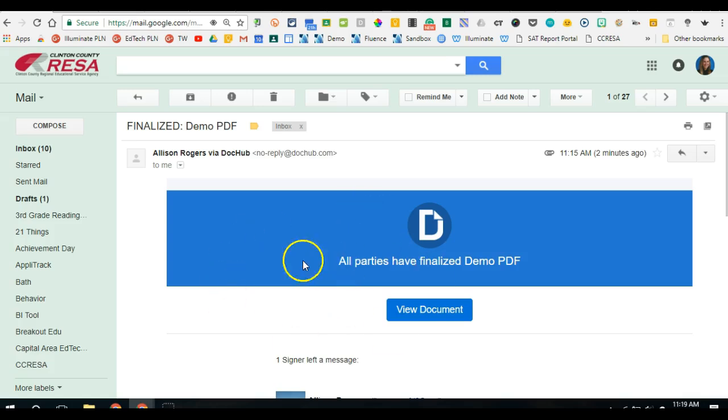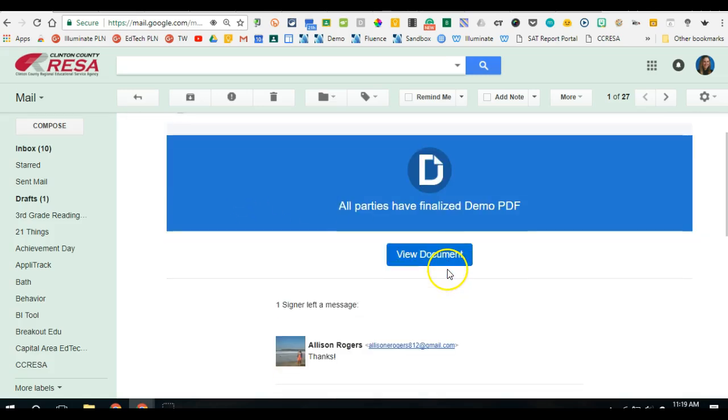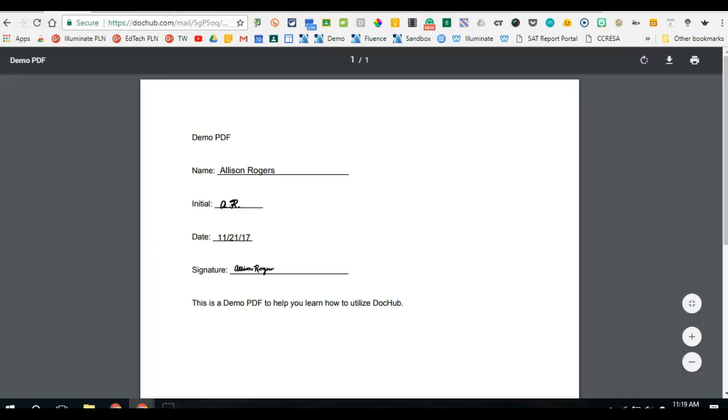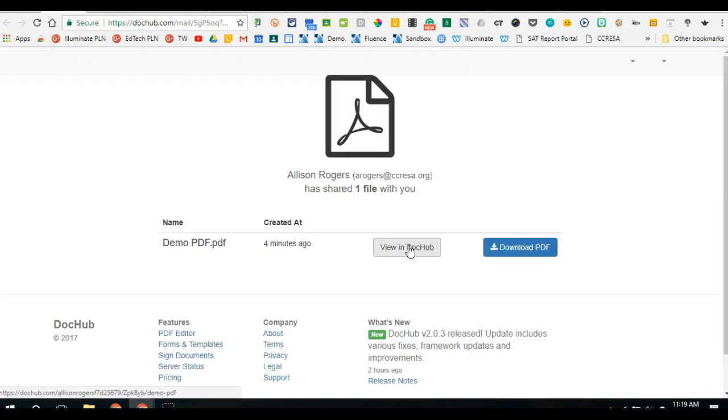And now if I go into my email, I can see that I've received a message from DocHub saying this person's signed and left a message. I can click View Document here, and it will give me an option. I can view the document in DocHub, or I can even download a nice, neat version of the document and print it off as a PDF. Or I can go into DocHub and actually view it within DocHub,